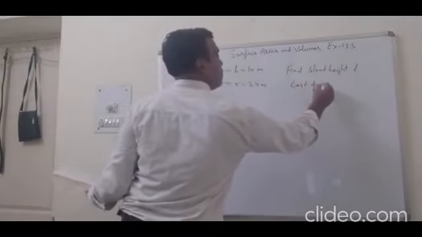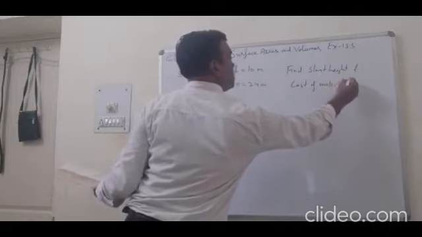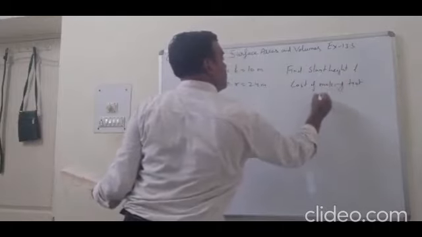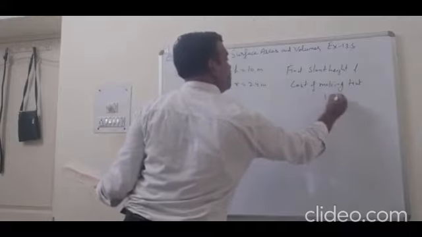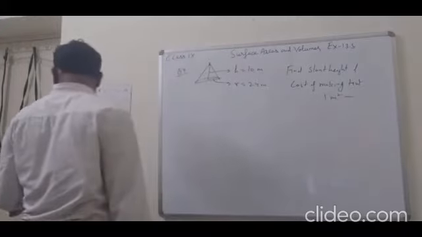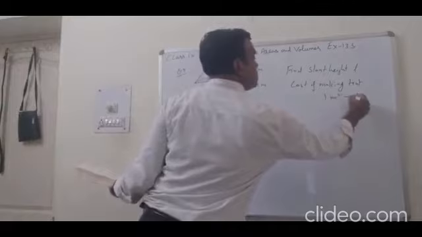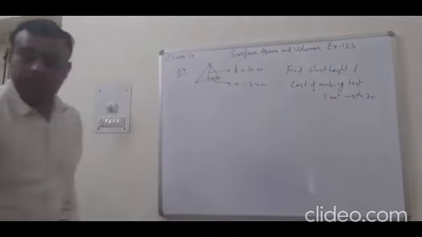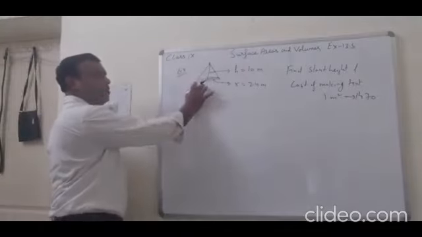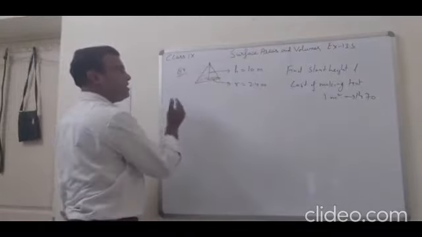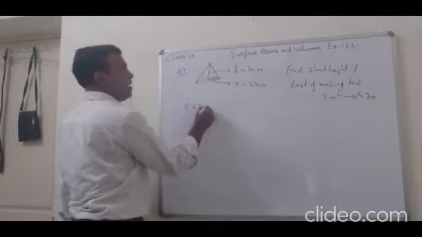The cost of making the tent is rupees per 1 meter square. How much cost is given? 70 rupees. We have to make a tent. No cloth is used in the base. Only we have to find CSA. So CSA of tent is